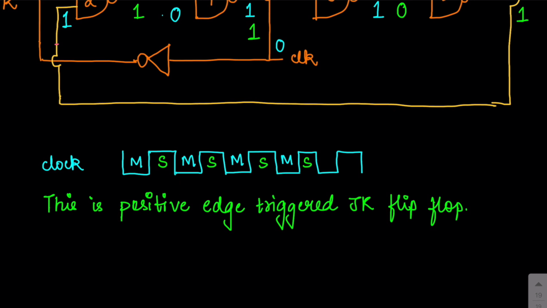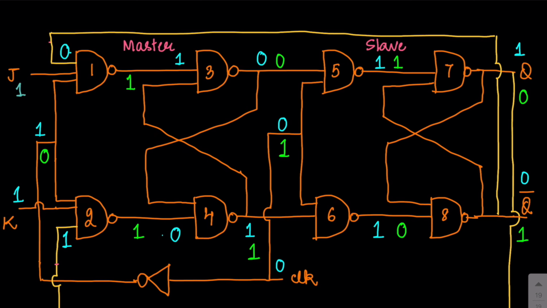So this circuit is actually a positive edge triggered JK flip-flop. So coming back to the circuit, this is a positive edge triggered JK flip-flop. Edge triggering is obtained with the help of the master slave configuration, and this configuration helps you to remove the race around condition also, because the circuit is responding at the edges of the clock and not at the level. So now no matter what the width of the clock is or what the propagation delay of your flip-flop is, the output will toggle only once at the edge, either the positive or the negative.